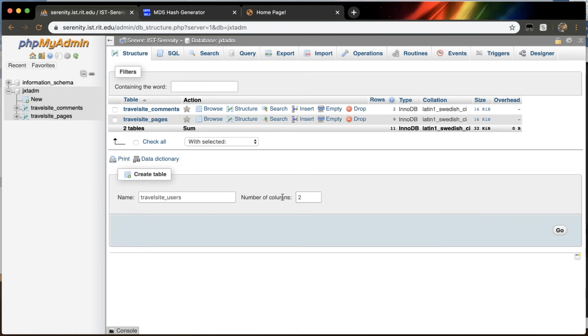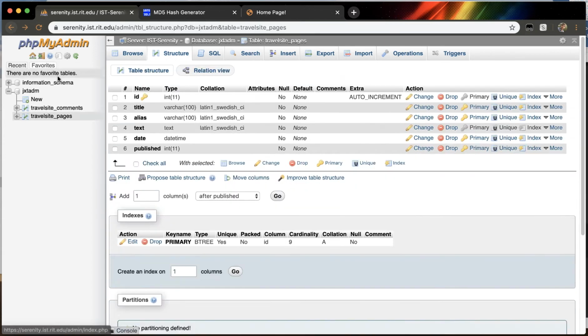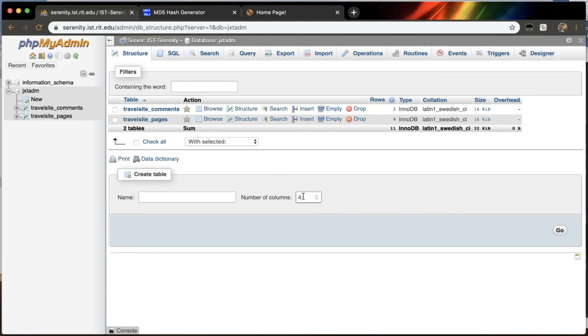So I'm creating 2 columns, and I am going to click Go. And actually, I did want to create 3 columns, so let me go back here, and let's try that one more time. I am going to click here. I'm going to create 3. And I'm going to call it travel site users,